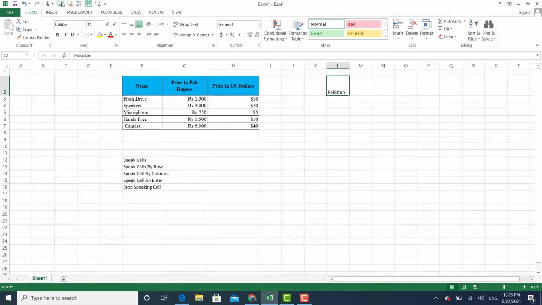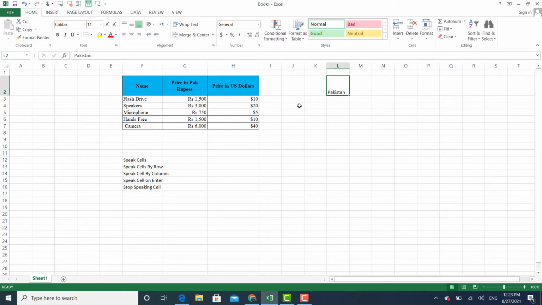Pakistan. Do you hear? Pakistan. What is it saying? Pakistan. Yes, that's good. This was the reaction of Speak Cell when there are no other values surrounding the cell where I have written